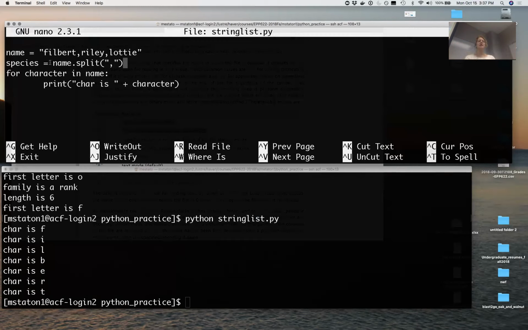So this is saying, let's take our string. We have a method called split. Everywhere you see a comma, split the string up, and then return to me all of the substrings and store them in a list, name, species. In this case, we could say for individual species in species,